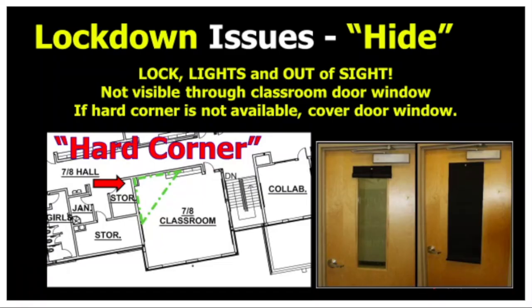One of your greatest safety protections to enact during a lockdown is the utilization of what is called the hard corner. A hard corner is a specific area in your classroom that you can safely place you and your students out of plain sight from being seen through your door window. Practice moving your students to this area. Use tape to mark the safe area and explain why silence is important. Deploy your window shade to cover your window. Police are minutes away. Always keep your door locked and stay out of sight.